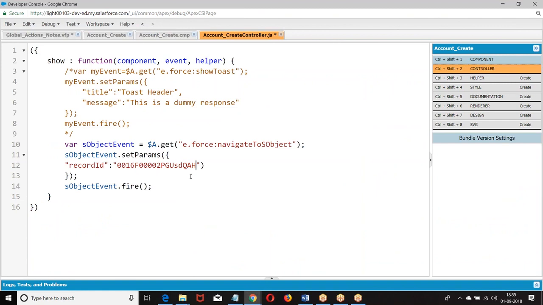So let us go to the same object and do it. Now, let me execute.